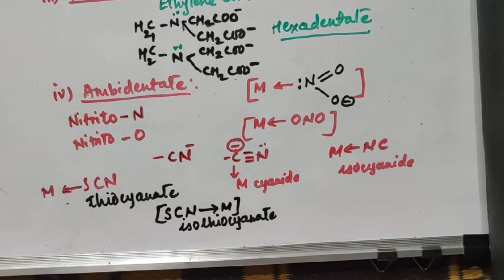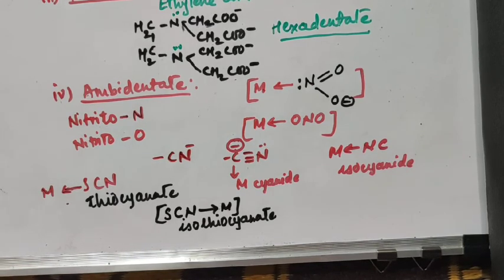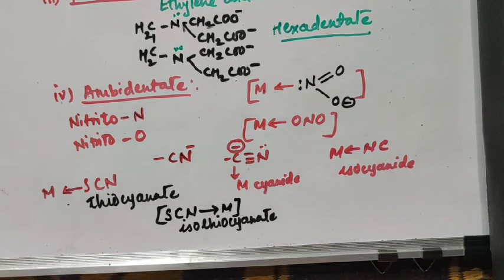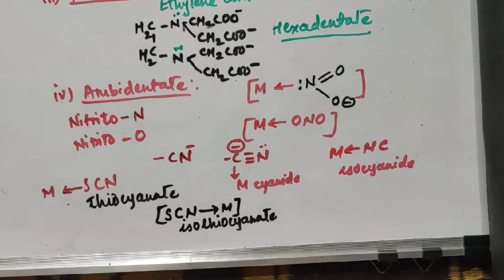In an ambidentate ligand, two atoms are there which can donate an electron pair, but at a time only one can donate the electron pair for bond formation. So these are the ambidentate ligands. Depending upon the number of ligands attached to the central metal atom, you can find out the coordination number here. If the ligands are monodentate, or suppose these are polydentate, accordingly you are supposed to find out the coordination number. If the ligand is polydentate, you count the number of electron pairs donated to the central metal atom, and accordingly you find out the coordination number of that particular central metal atom.